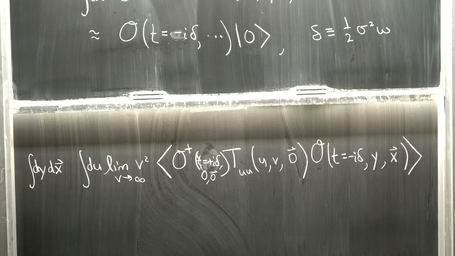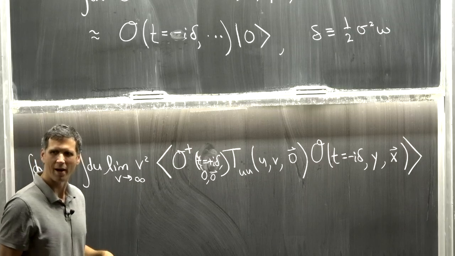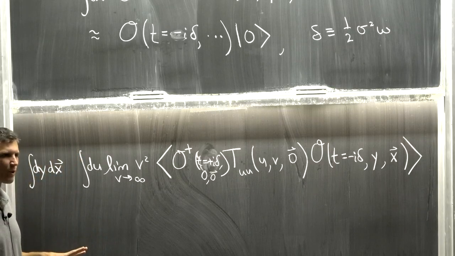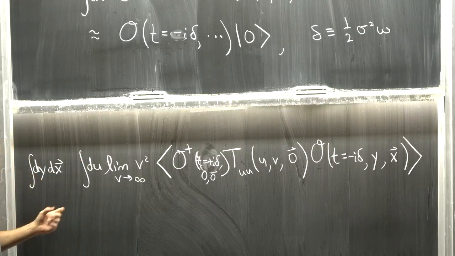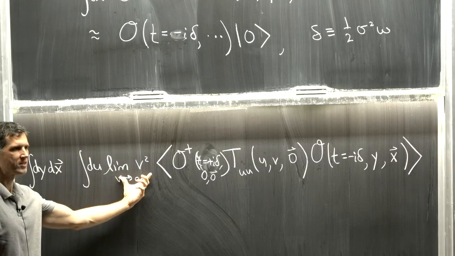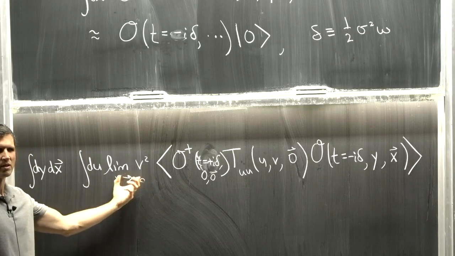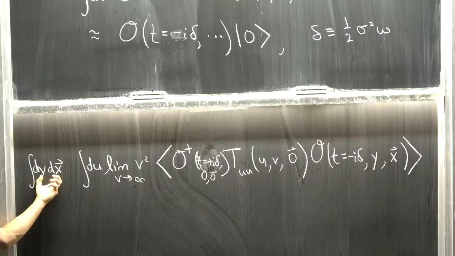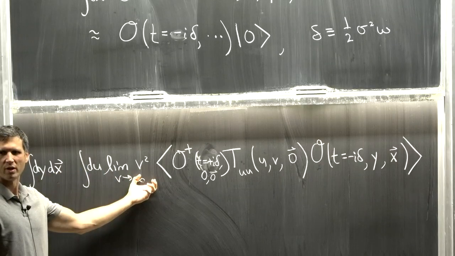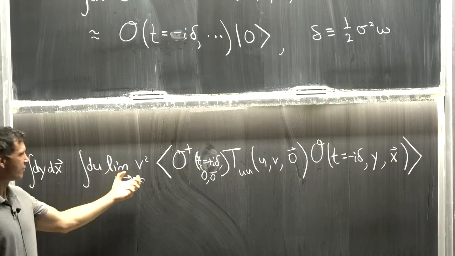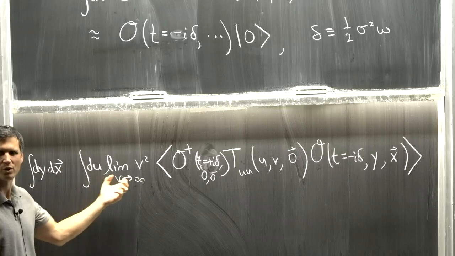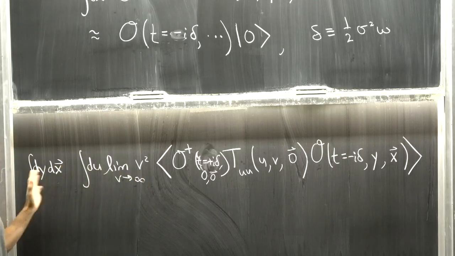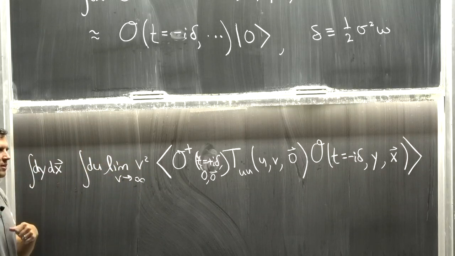The only role in life of that Gaussian wave packet is to ensure that I can switch the order of limits here. I've switched a limit with an integral, and if you think carefully through this, it's by putting in that Gaussian wave packet that you're allowed to switch the limit and the integral. But now that I've switched them, I can just drop it and write the integral this way.